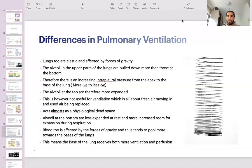So what happens after that is you can get the lung to open up quite more at the bottom, and you want the lung to open up more so that you have more air flowing in the area. And then the good thing about that is blood also is more concentrated at the bottom of the lung due to gravity. So there's more ventilation and more perfusion at the bottom of the lung. So there's a better ventilation perfusion match at the